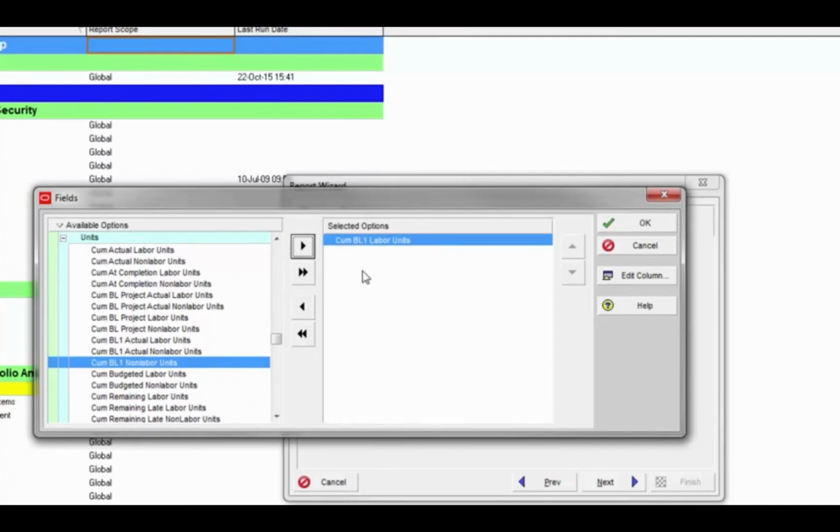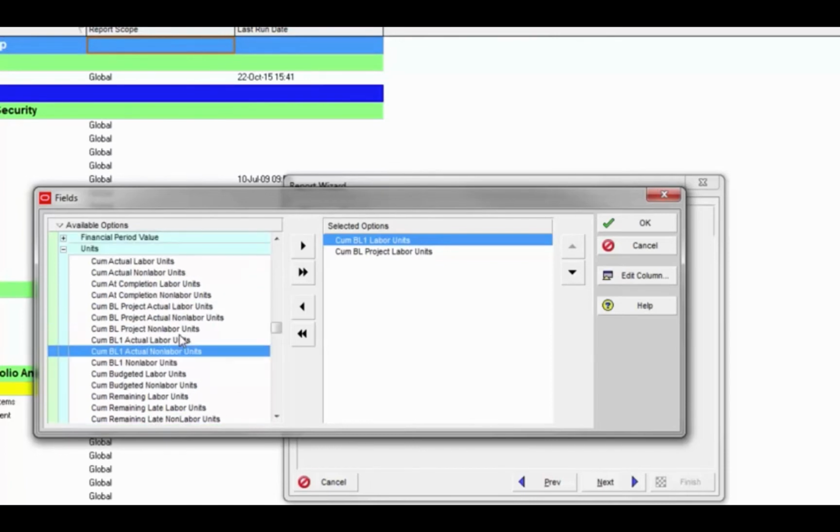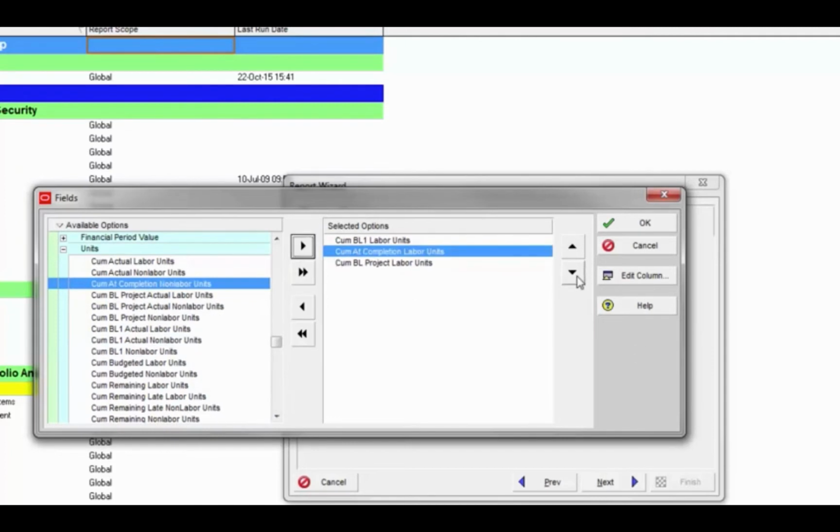The next one we need is the cumulative baseline project labor units, which is right here. That's the one that we set as our project baseline, and that's also our change baseline or our working baseline. These two items will give us both of our baseline line items in the S-curve. The other thing we need is the cumulative at completion labor units, which is right here. Remember, at completion labor units is the actual labor units plus the remaining labor units. We don't want to pull the remaining labor units over because that will start at the data date down at the bottom of the graph and climb from there on up,